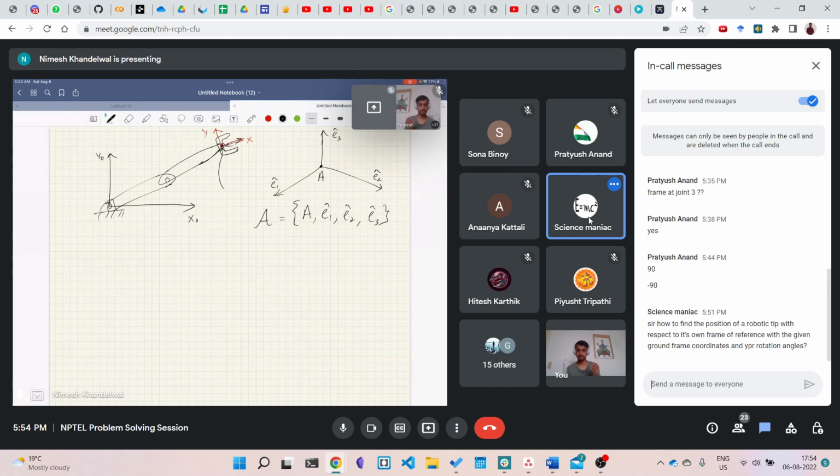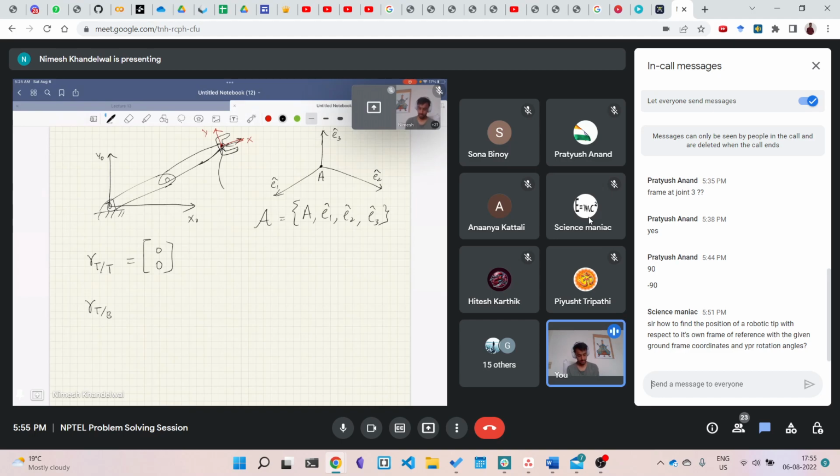Yes, it's 0, 0, because it is the origin itself. Okay, so let us say I denote it as R, T for tooltip. With respect to its own frame, that is just the origin, because this is how I've chosen it to be, right? But now if I want to write it in the base frame,